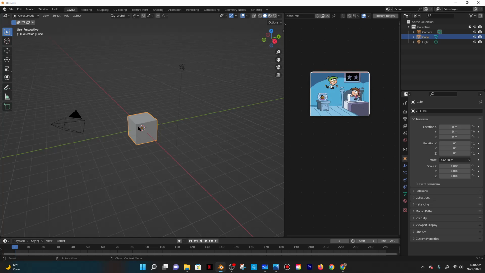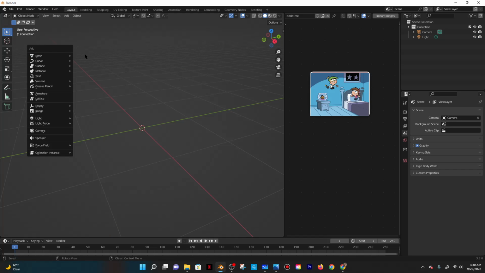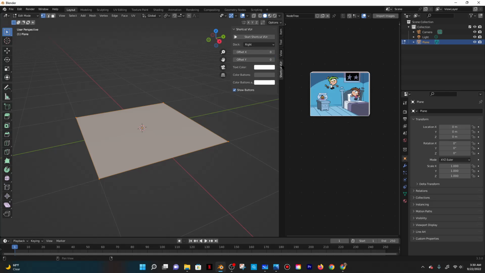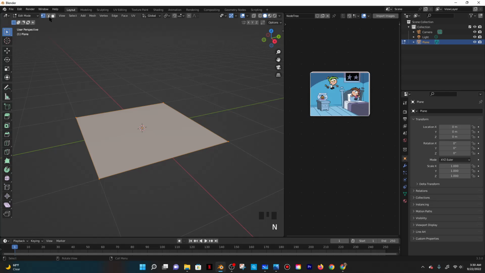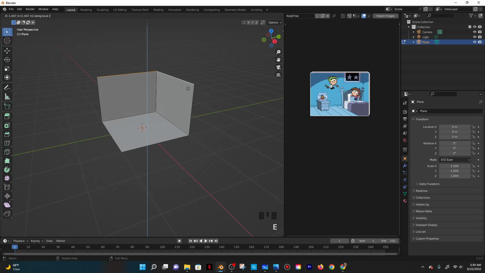Okay. So I'll start with deleting the cube, then doing Shift A, Mesh, and then Plane. Go into Edit mode. Forgot to turn on my shortcuts. Then go into Edge Select. Select these edges at the back over here by pressing Shift and then doing E and then Z to extrude